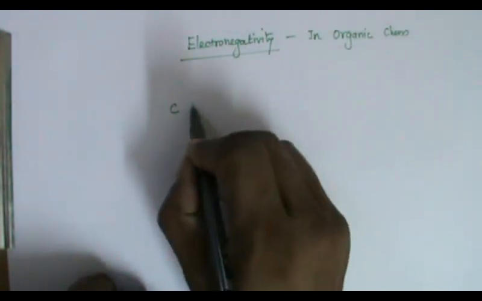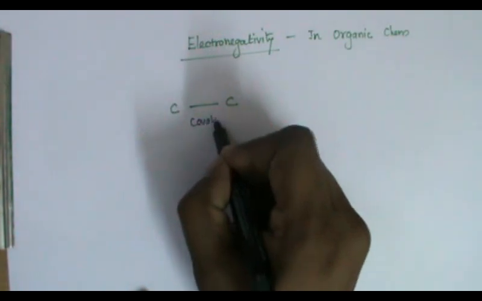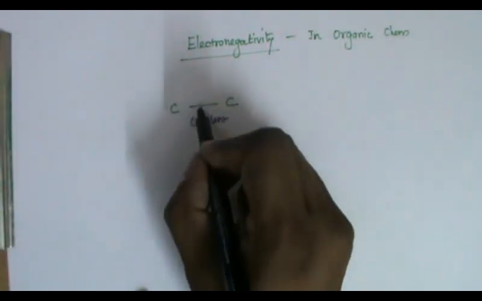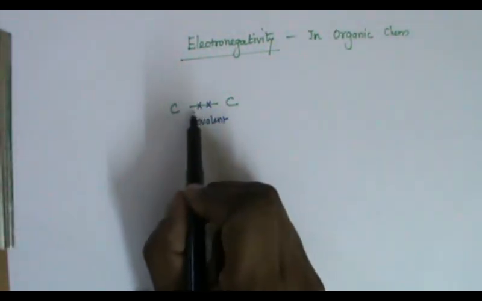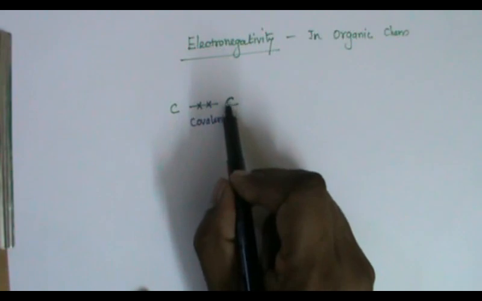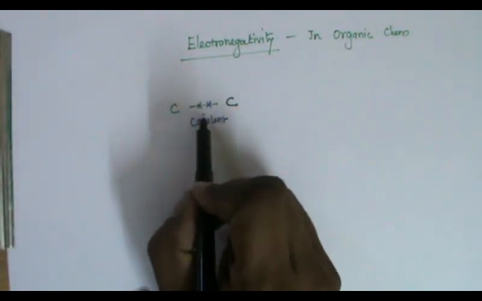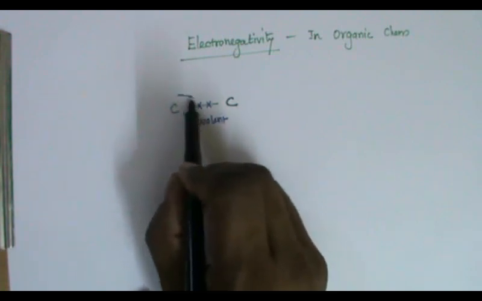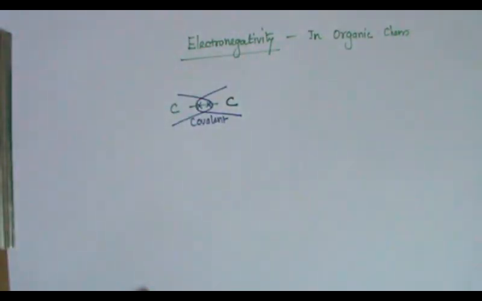It is very simple. In order to explain that, I go for a carbon-carbon bond. This bond is a covalent bond. It has two electrons. One electron is given by this carbon, another one is given by another carbon. But these two bond pair electrons are shared by both atoms. So the two electrons which are in the bond are shared by both carbon atoms.